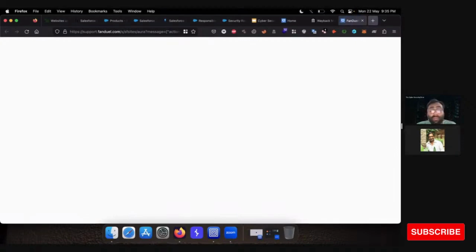You can use Parrot as well, which is also based on Linux. But Kali Linux is a must because every security tool is already installed, and it is completely based on security-related tools.